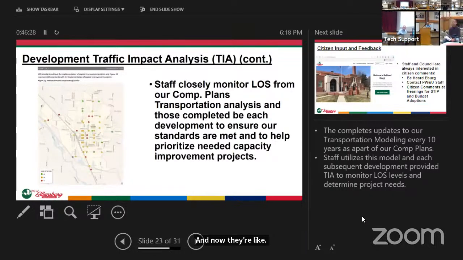So the picture on the left here is from our comprehensive plan. It shows the analysis that was done at that time and all the applicable levels of service. So A, B, and C, we have a couple of C's out there. This is 2017. Anytime a development comes in, they're required to update the analysis based on what they're going to be generating with their development to ensure that it meets those requirements. So we closely monitor this plan along with each development's traffic analysis to ensure we're meeting all requirements.